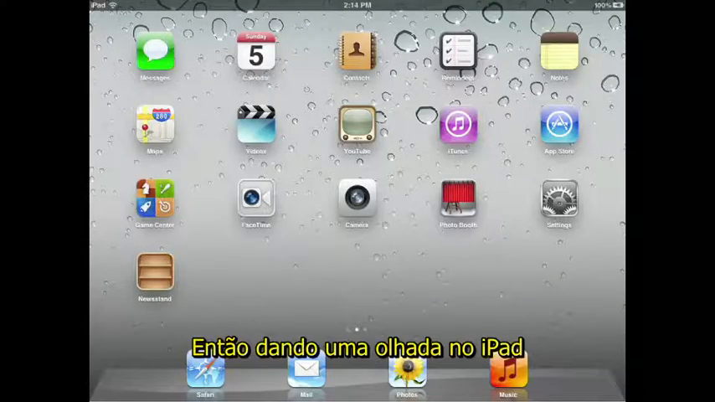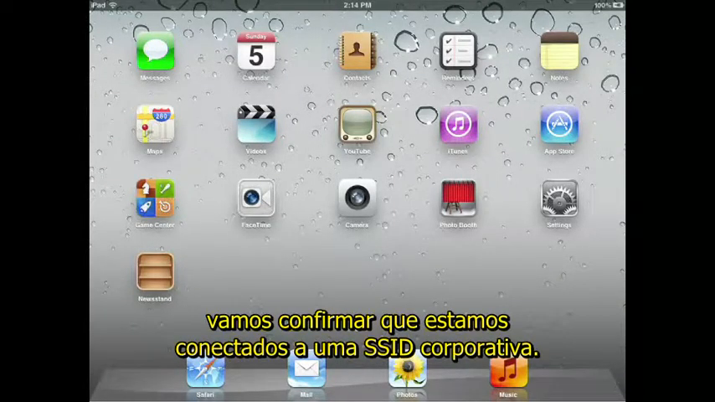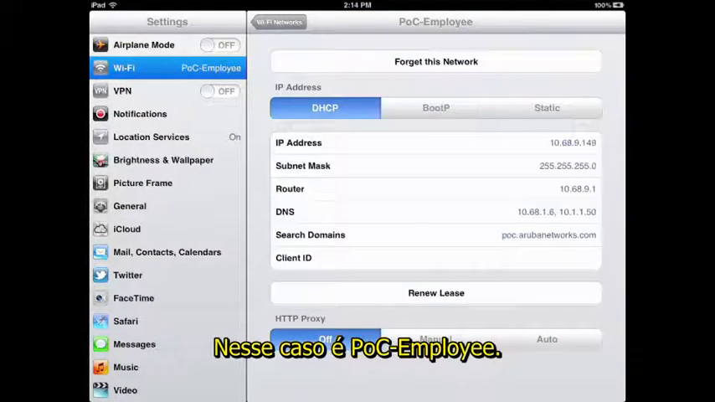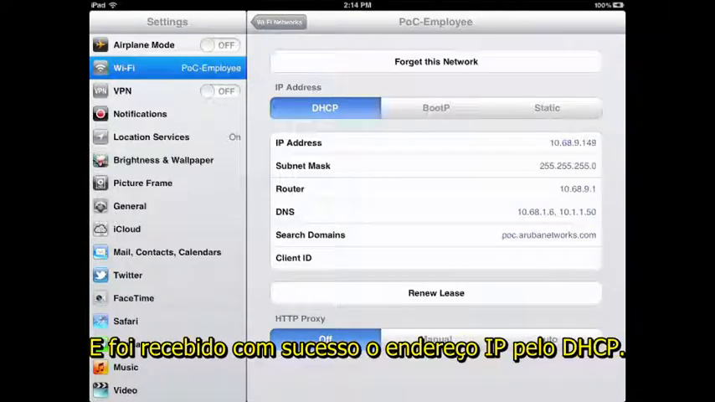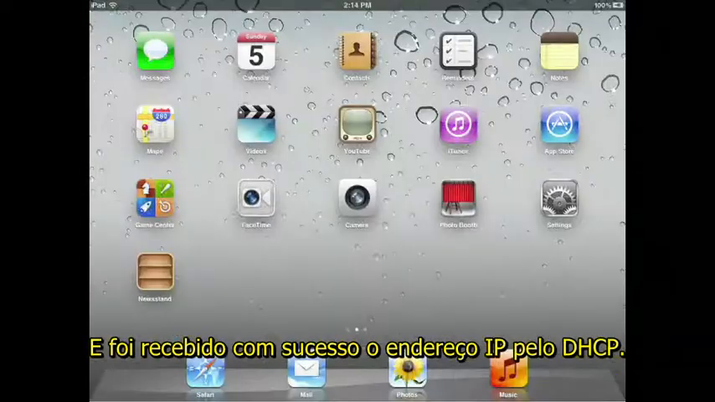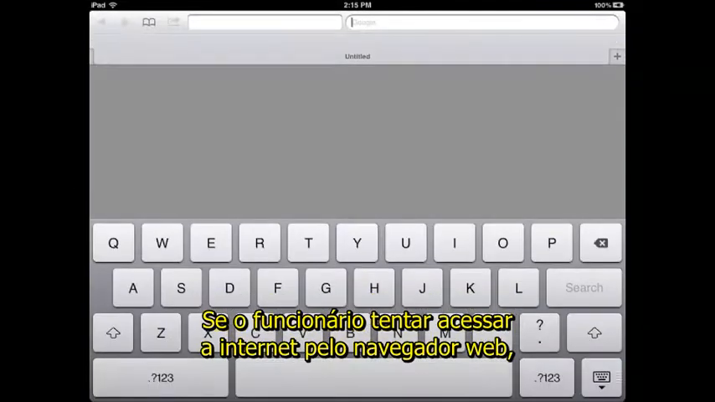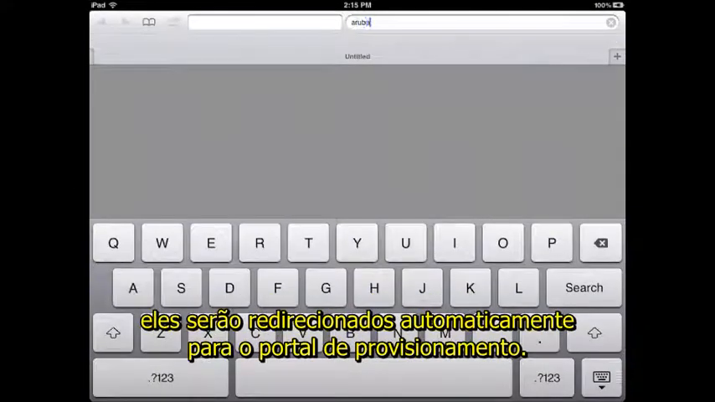So taking a look at our iPad now, let's confirm that it's already connected to our corporate SSID. In this case, it's POC employee, and we've successfully received an IP address via DHCP. If the employee now tries to access the internet through their web browser, they're going to be automatically redirected to